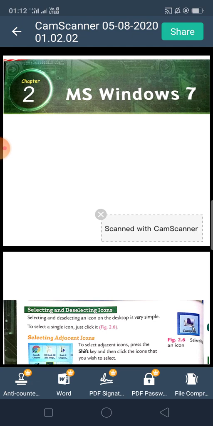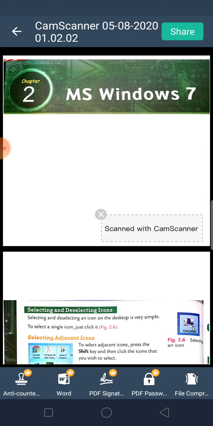Next we read about switching on the computer, how to switch on the computer. In that part we read that at first we have to switch on the electricity board current switch, the power supply, then we have to switch on the UPS, then the power button on the CPU box, and then the monitor. Next we read about the operating system. So Microsoft Windows is an operating system.